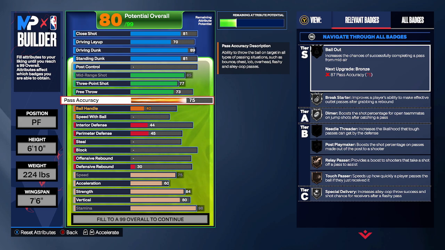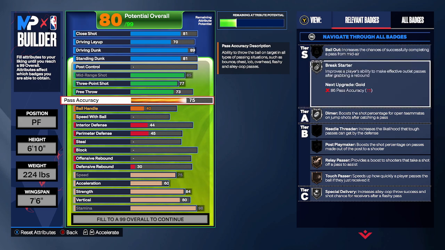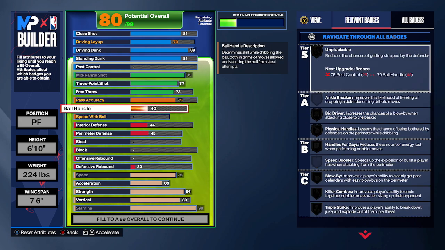75 pass accuracy on this build is going to get you silver break starter, as we can see over on the right hand side here. Silver dimer, silver special delivery as well. You're going to get the Sabonis and the John Morant pass styles. Being at the powered forward position, again, you want to have that break starter, at least on silver, I believe, in